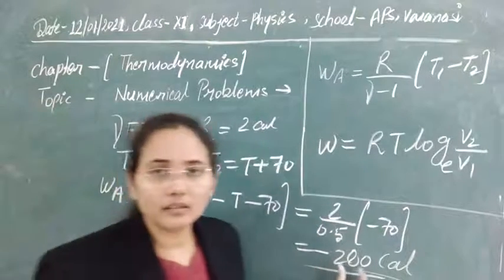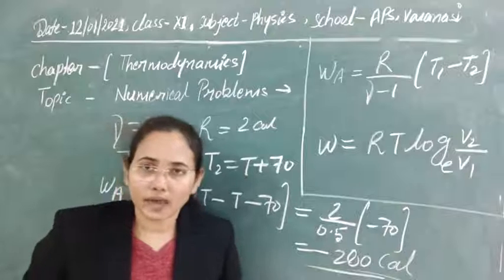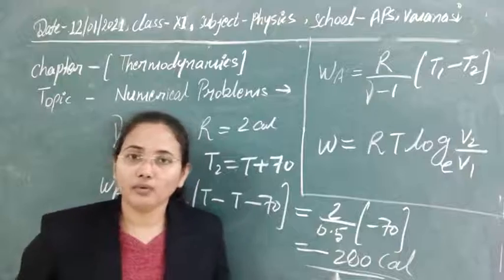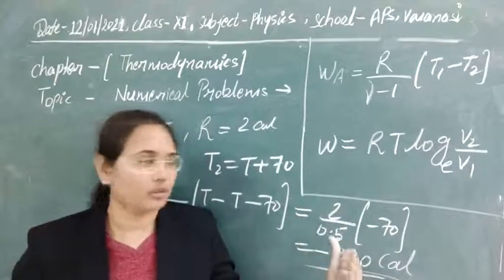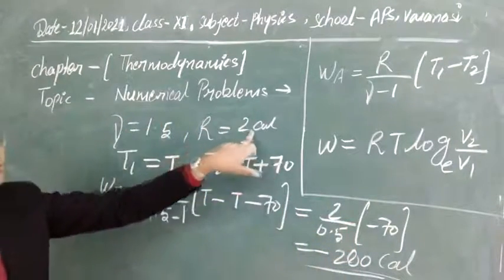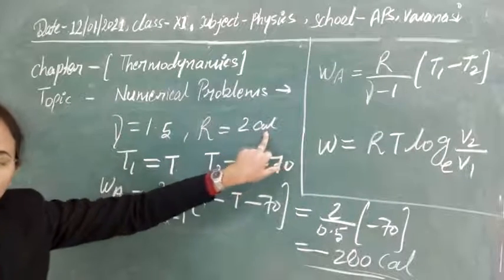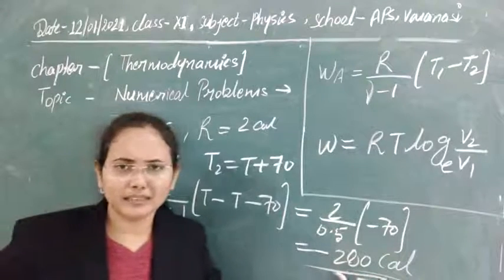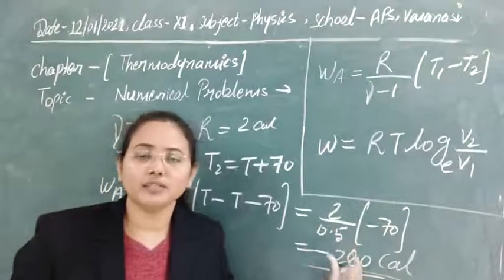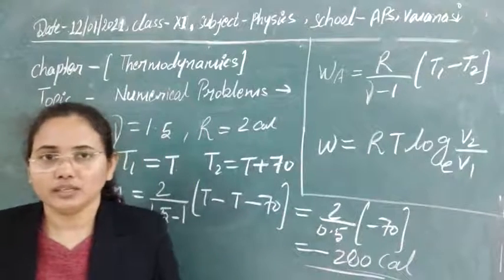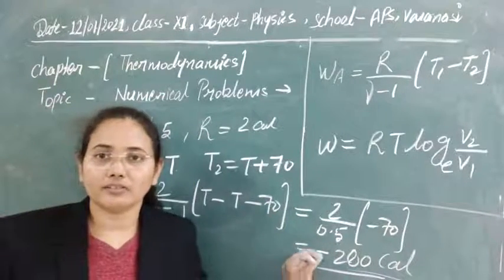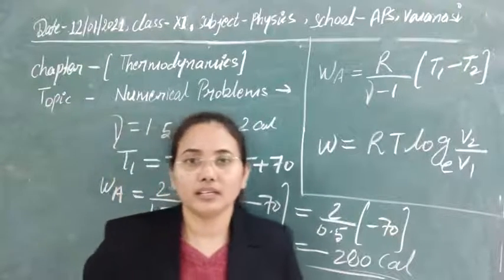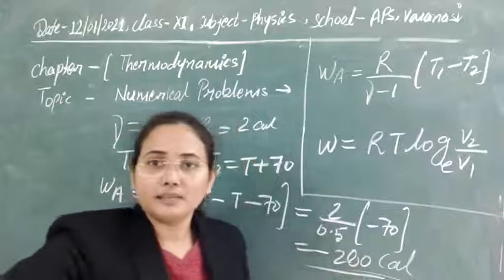But it is more convenient, since the unit of work is joule, to convert 1 calorie into joule. In this formula, where the value of R is given in calorie, first of all you have to convert it into joule, or if you have calculated it already, then after calculating you can convert it into joule. After conversion, just calculate the heat required in this system or heat given in the system, whatever that is.